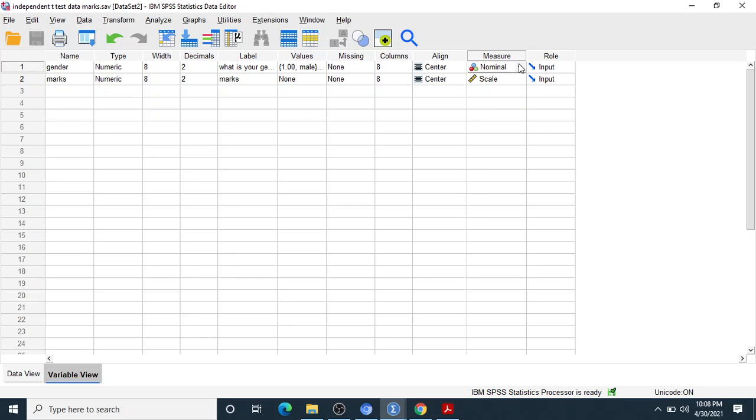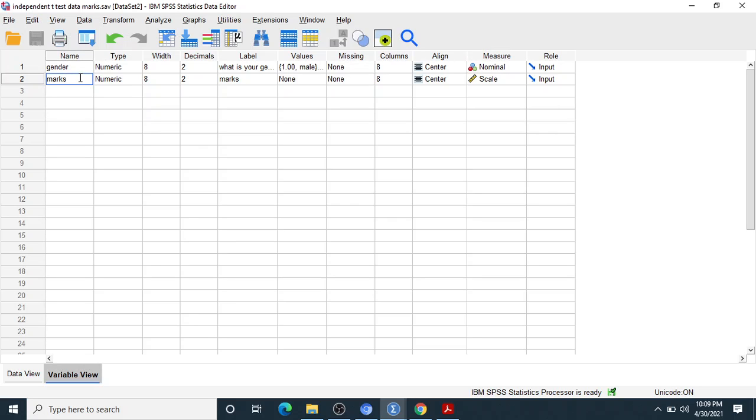This is an important point. As a research scholar, when you work on SPSS software and feed your data, at that time you should be familiar with the kind of your data. Either your data is nominal type or ordinal type or ratio type or whatever. So it is mandatory for you. Otherwise, if you make the wrong selection here, it impacts your result. Remember it, gender is nominal data.